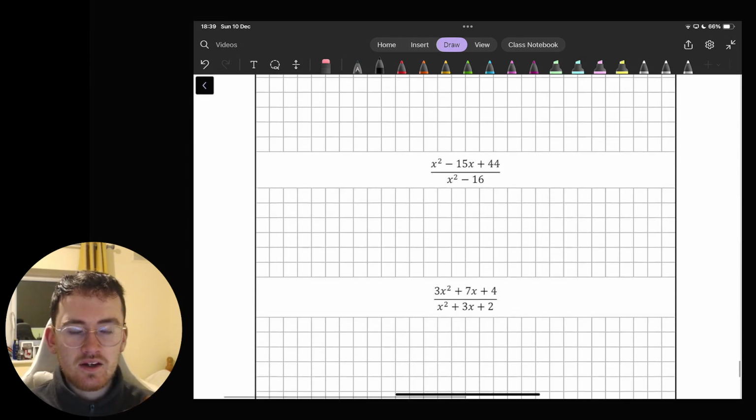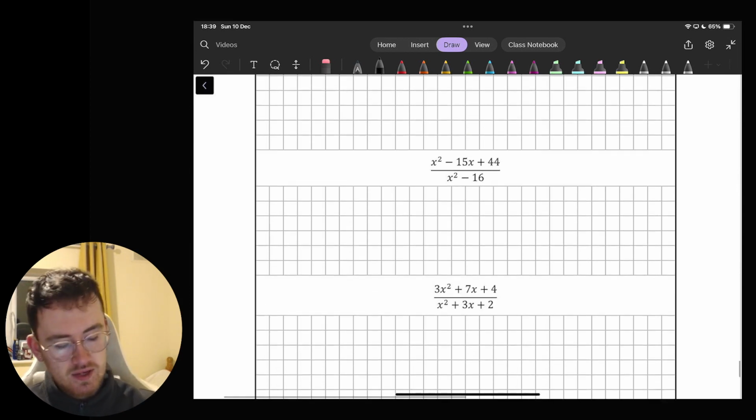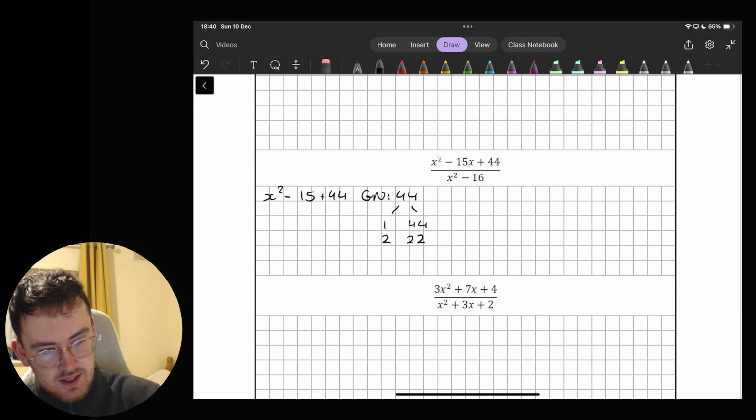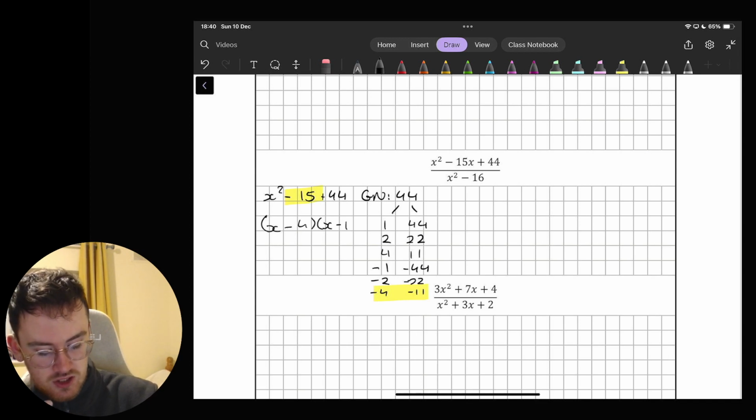Okay, the next one again, I'm going to skip down then to this third one here, x squared minus 15 x plus 44, and x squared minus 16. So the top part here is a quadratic with a guide number of 44. So I get 1 and 44, I get 2 and 22, I get 4 and 11, and I obviously also get the minus versions of those, minus 2 and minus 22, and minus 4 and minus 11. If I want to get minus 15 in the middle, it's going to be the minus 4 and minus 11,